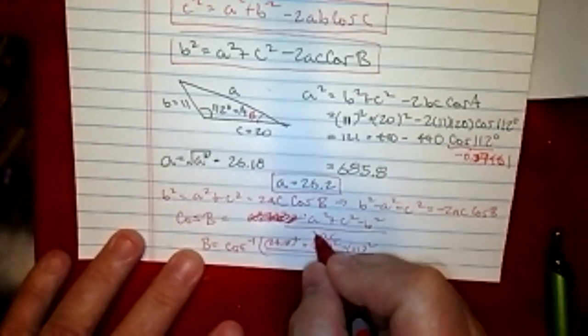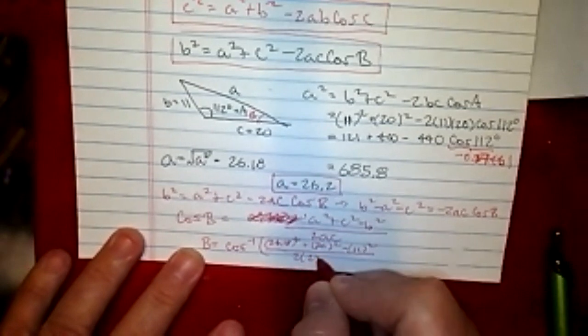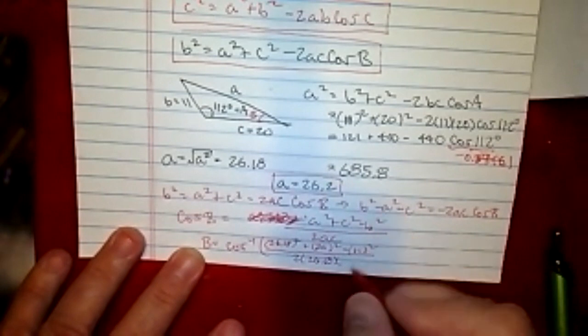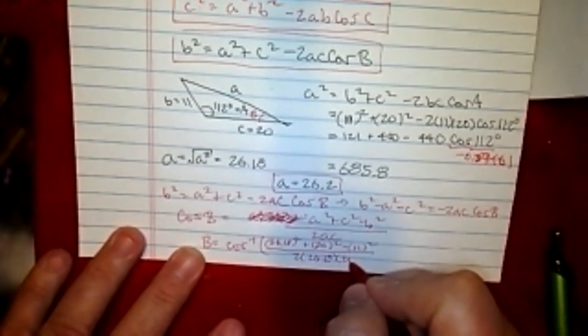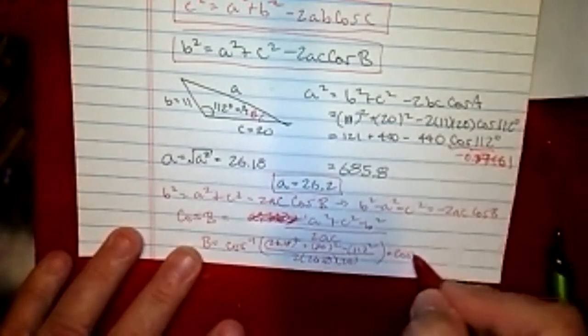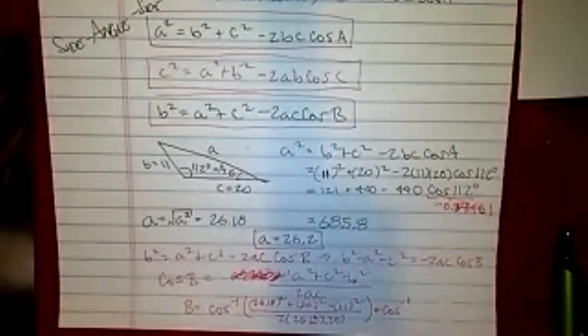Ooh, I left off a 2 here. So 2 times a, and a was 26.18, and c was 20. And then I'll compute all that and take the cosine inverse, and that should give us the actual angle. And then we've got enough to do the rest of the triangle if we wanted, but I'm going to call it quits after that. So I'm going to do 26.18